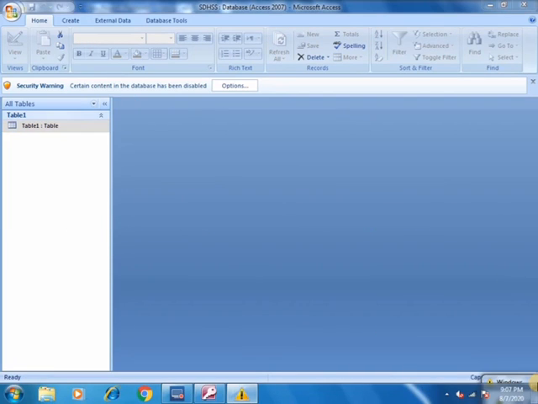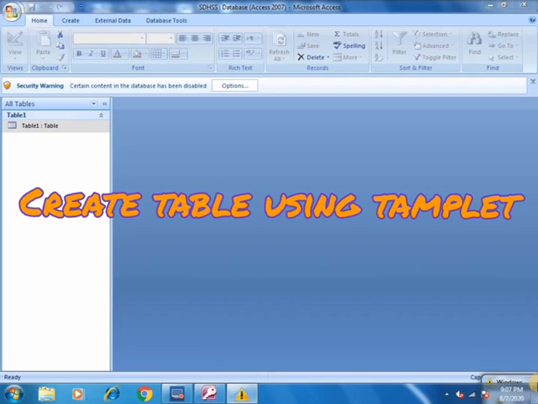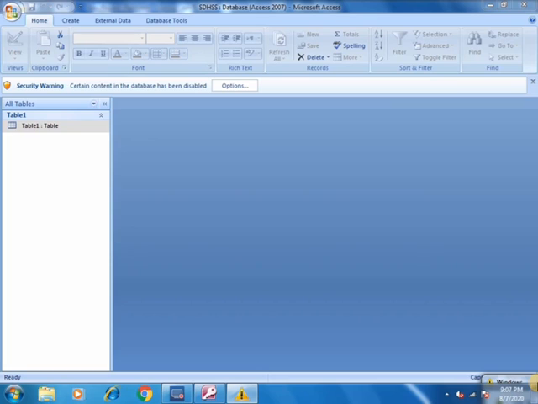Next topic is how to create a table using a template. One of the easiest ways to create a table is to use a template. A template is a ready to use database that contains various types of tables, queries, forms, etc. needed to perform a specific task.